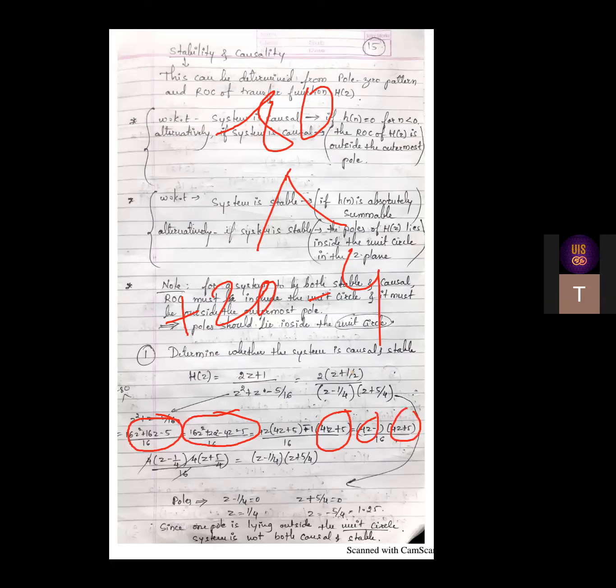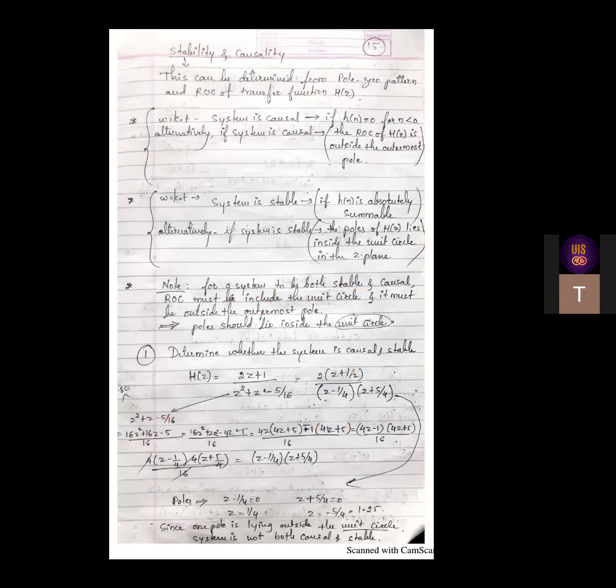Divide by 16. And as you have denominator 16, try to eliminate that 16. How will you do that? Take 4 common here and take 4 common here, so that you'll have z equal to something. If you take 4 common, the 16 gets cancelled. In the first bracket, if you take 4 common, z minus 1 by 4. Then in the second bracket, 4 common, z plus 5 by 4. Then these two are your brackets. That's what I have written here after factorizing, and the solution is here.